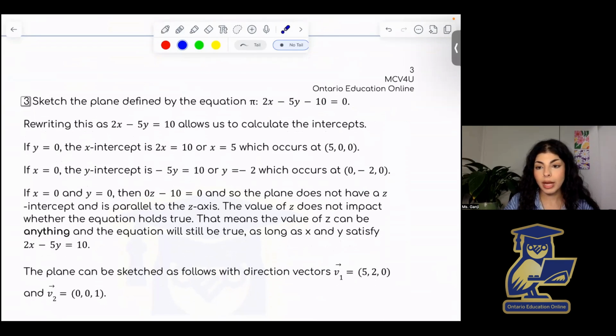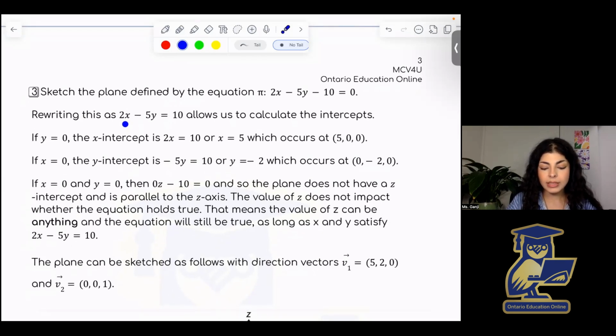So then we don't actually have the case where now the z-axis is on our plane again. However, we can still find some points in order to be able to draw out the plane. So we write this as 2x minus 5y is equal to 10. And so now you just have to pick some points of x and y that will satisfy this. And the easiest way to do this is to find the x and y intercepts, because you can just let x be equal to 0 and find what y is, and let y be equal to 0 and find what